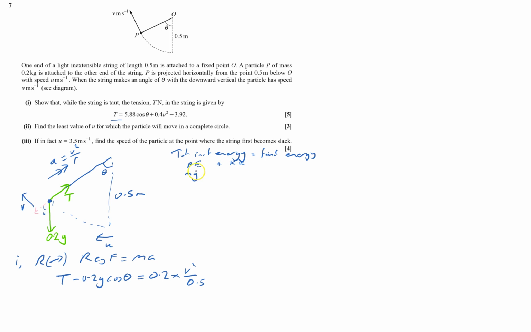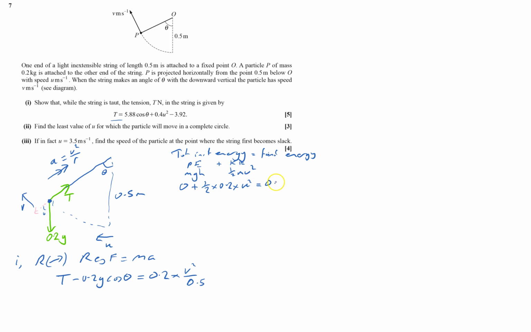And I like writing at least a bit of the formulas out here so I can make sure I don't slip up and forget the h or forget the squared in there. So initial energy, it's got no potential energy, so 0 plus a half times the mass, 0.2, times initial velocity, u squared, and that will equal